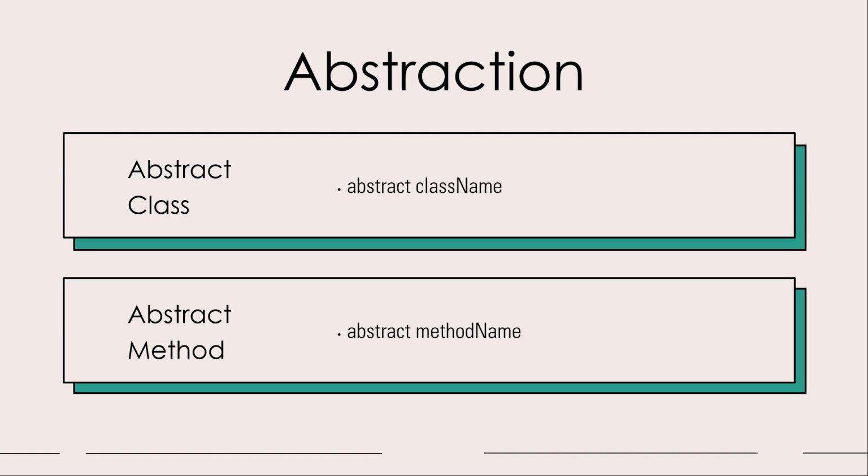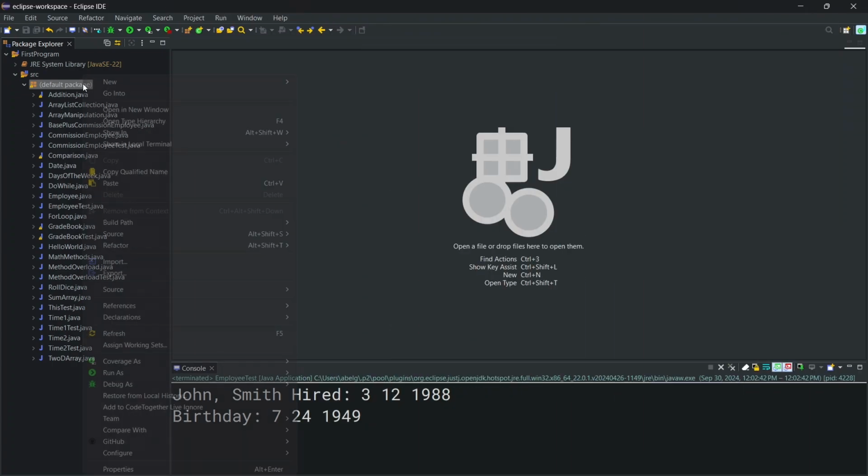A rule we have to follow is when inheriting from an abstract class, the subclass needs to implement all the abstract methods in the parent class. So if we have an abstract class animal with an abstract method move, then we would have to provide the implementation for the method move in each subclass. So to see this, we're going to create a new class,